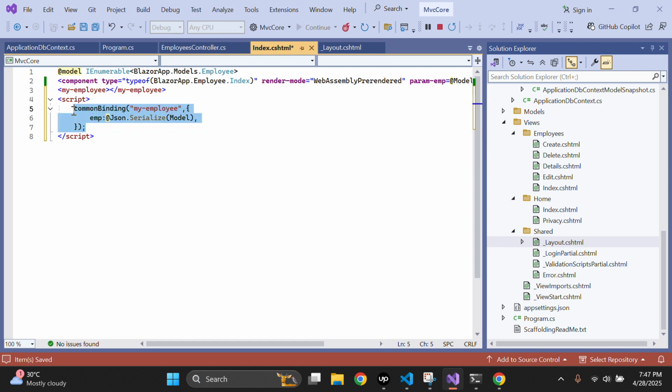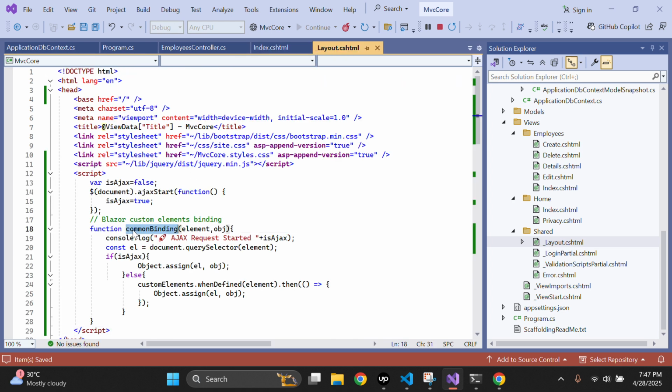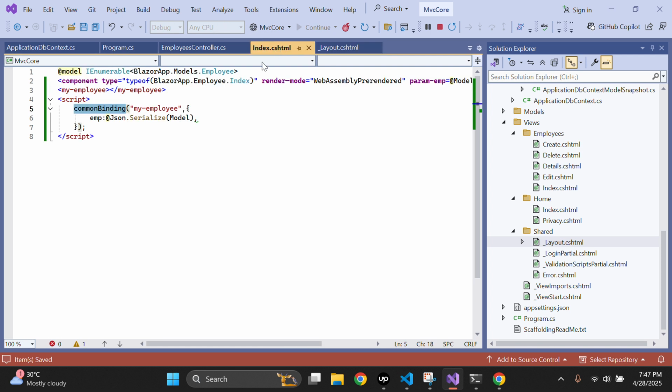Okay, now I am calling this function, which is this one, passing the element and the object. So this will serialize a C# object into a JSON JavaScript object. Now if I run,